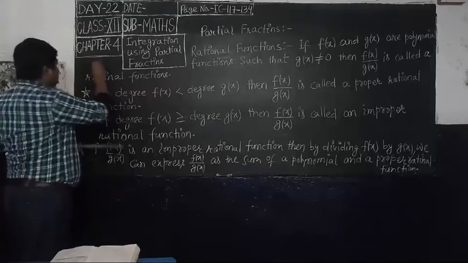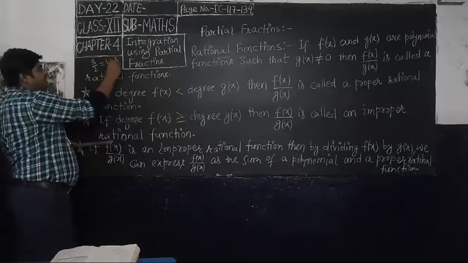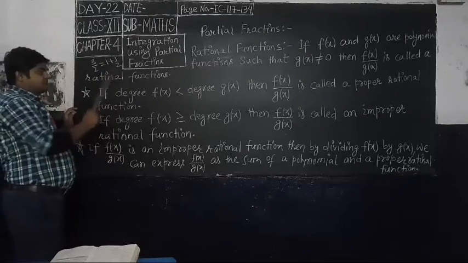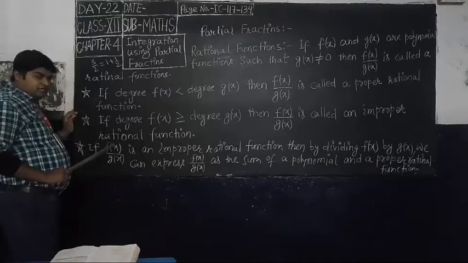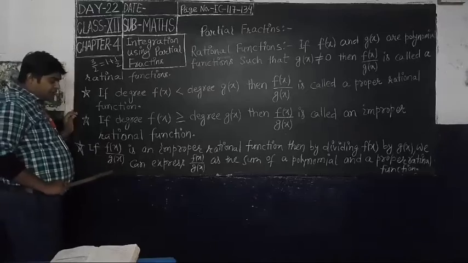Suppose you take 3 by 2, then you write 1 plus 1 by 2. So we can write a whole number plus a fraction. The same here, if the numerator degree is greater than the denominator, a cubic polynomial by a quadratic polynomial,